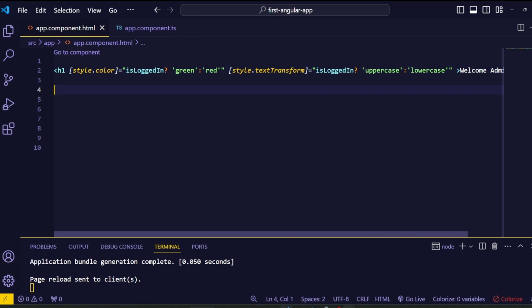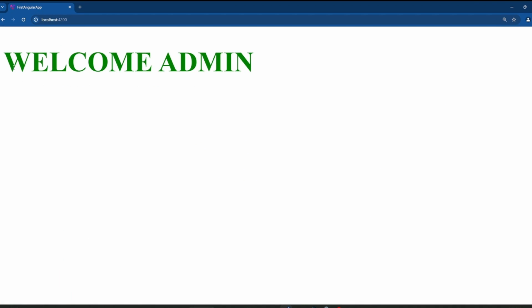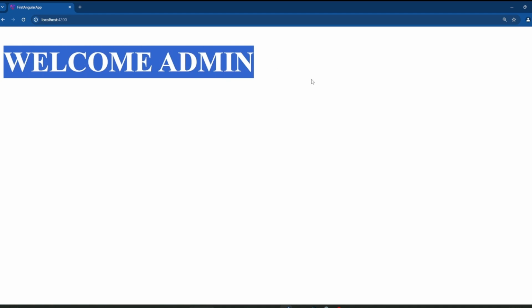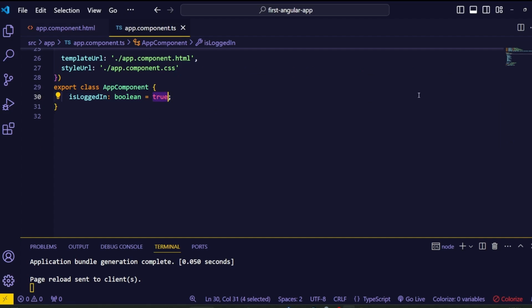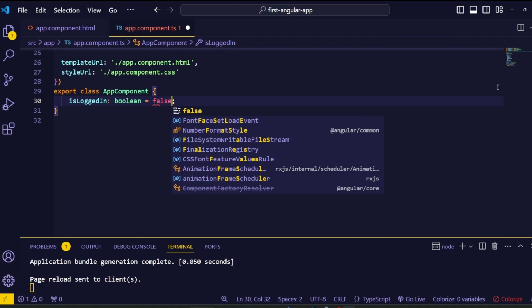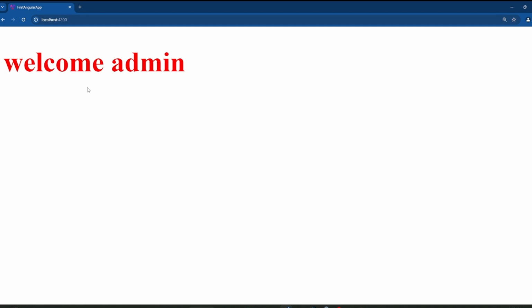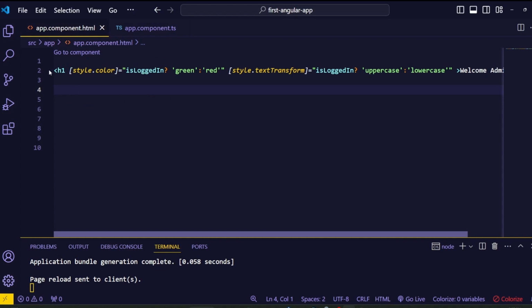That's it. So save this and go to the browser. As you guys can see here, we got this green uppercase heading text in the browser. So if I change this boolean value to false, now we got this red lowercase letters, which means everything is working as we planned. So guys, if we look at this in here, we wrote two style bindings for this single